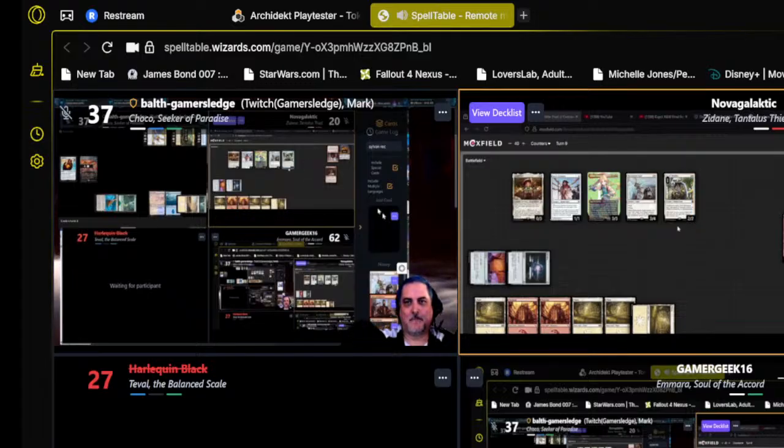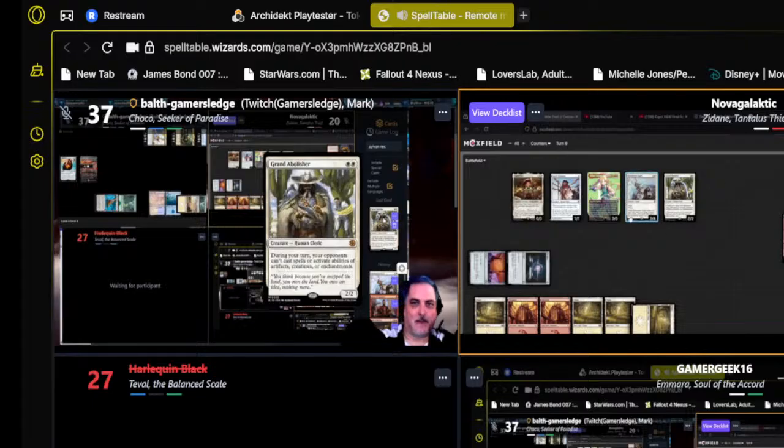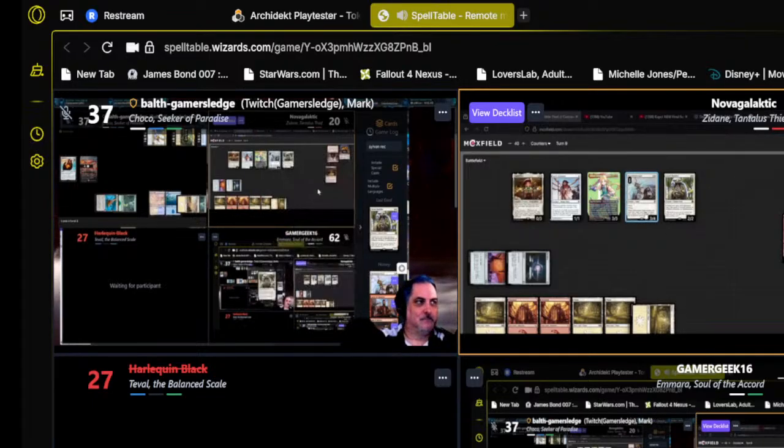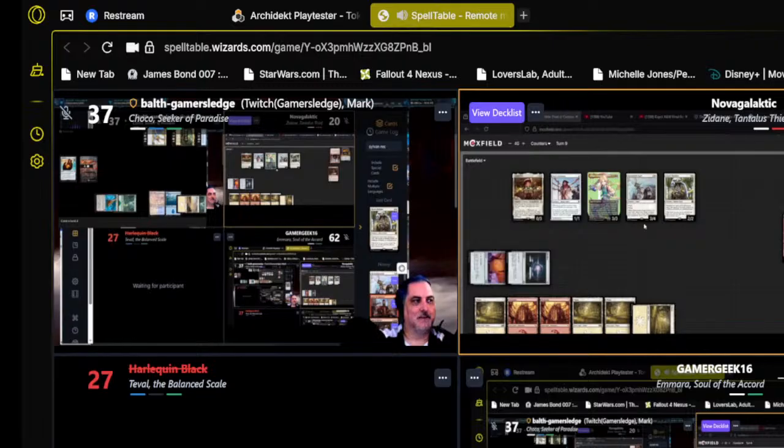During your turn, your opponents can't cast spells or activate abilities. Nice. And then as this enters, I may exile target non-angel creature, then return that card to the battlefield under my control. We're gonna exile my commander, return it to the battlefield. Okay. He enters, gain control of something. I am going to actually respond to the target. Okay. I'm gonna Swords to Plowshares and